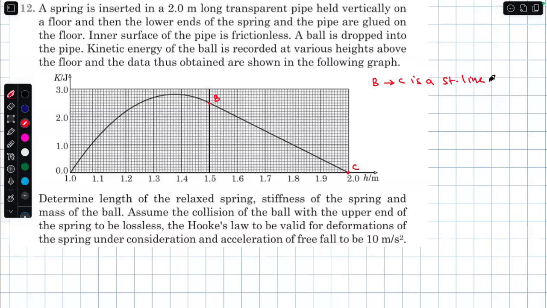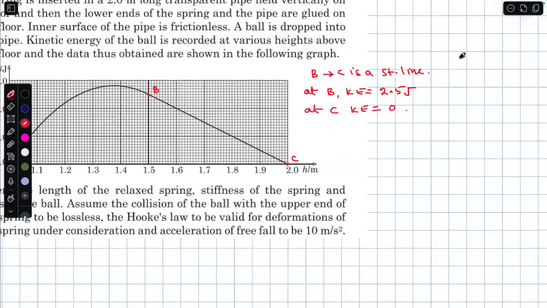I think you got my point. At B exactly, it is 2.5 joules. At B, kinetic energy is 2.5 joules. At C, kinetic energy is 0, which means if you imagine that